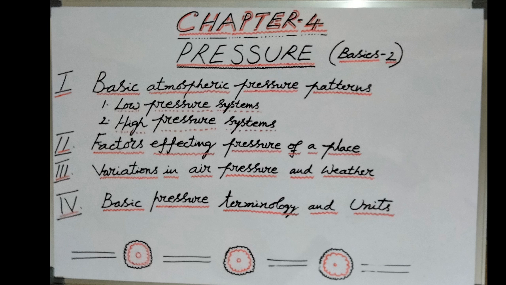Now, the diameter of a cyclone usually ranges from a few hundreds to 2000 kilometers. What exactly does it mean? If you are going from southern India to northern India, the cyclone effect you may find in a 500 kilometer area, 1000 kilometer area. After that, you will not find the cyclone effect. A cyclone will never occupy the whole of India or the whole of Asia, only small areas.